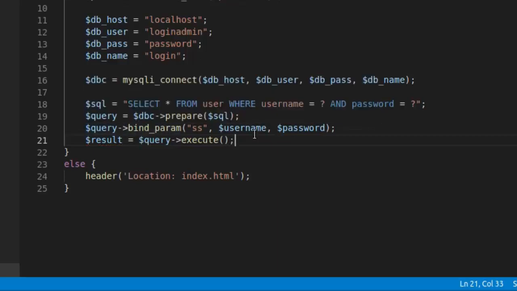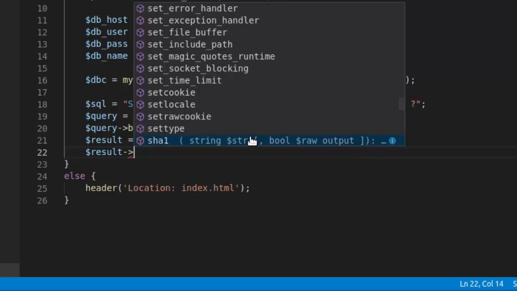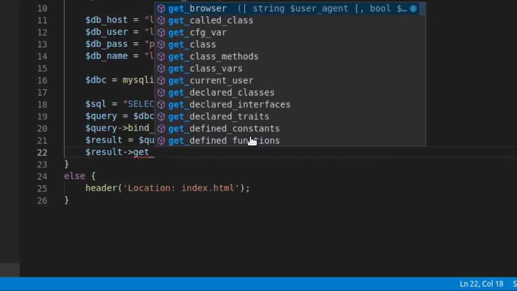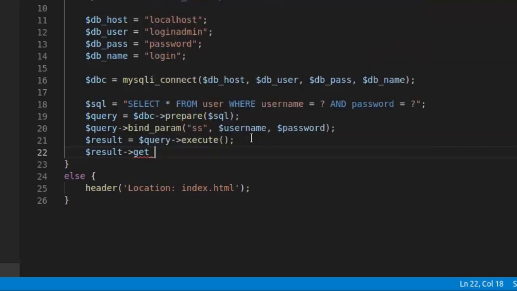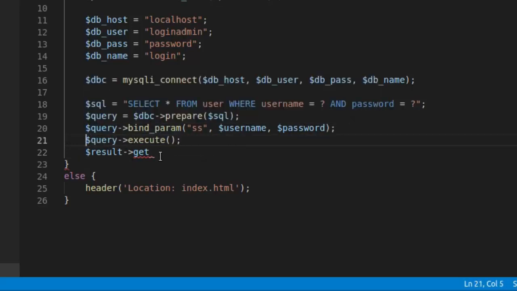I think it should work, and then result, that is get result. We need to use the query, inside the query we need to execute, and let's delete this one, and